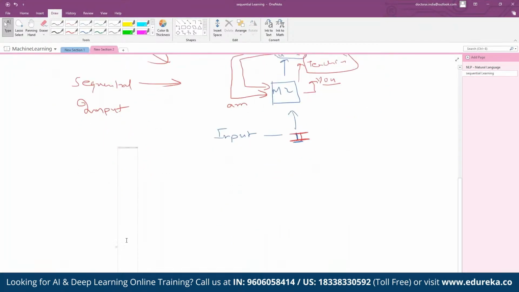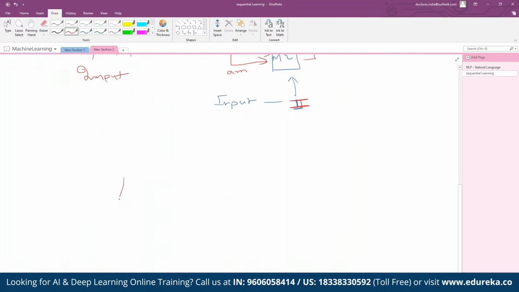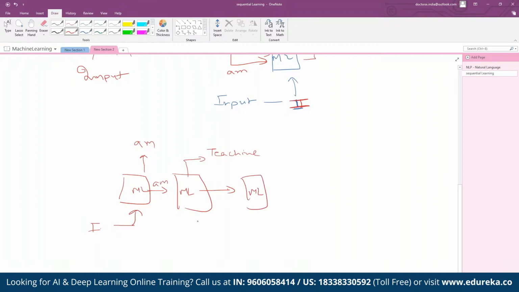Let me scroll down. This is how the machine learning model will look. You insert "I", and that information goes into the next tab, which predicts "am". The next machine learning model will take the input of "I" and "am" and predict "teaching". Now it will pass this information to the next machine learning model also, and this will predict "you", right? So this information we will have to keep on giving to the machine so that it can predict